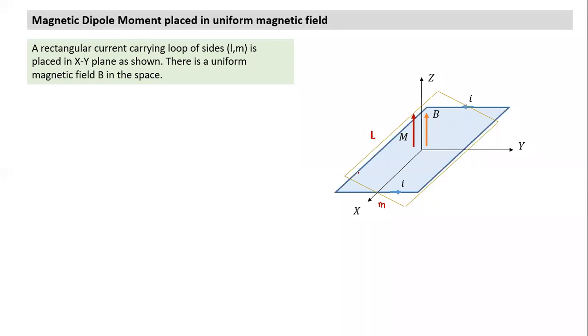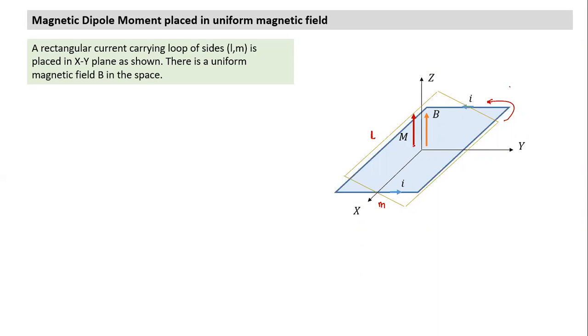The loop is in the shape of a rectangle. Current is flowing along the perimeter, and it is forming a dipole. Can we find the direction of the dipole here? With the right hand, we curl our fingers along the direction of current. My palm being here, my fingers will curl like this, and my thumb will point upwards. So the direction of the magnetic dipole moment, if the loop is placed in the XY plane, is also upward. This is the direction of M.